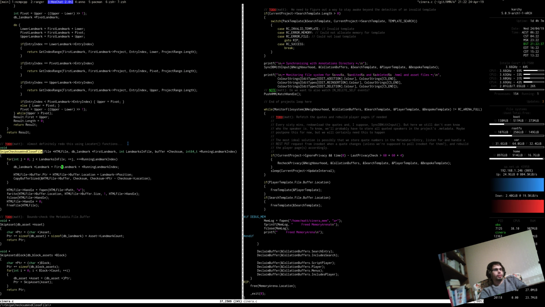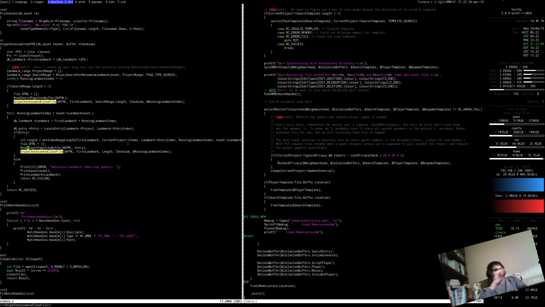It goes through them all. Yeah, it essentially increments the running landmark index. So basically the idea behind this is that it only reads that file once. It doesn't have to keep reading the file in for each landmark. So yeah,